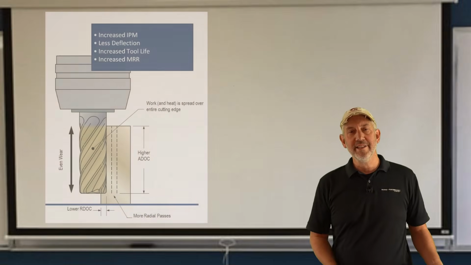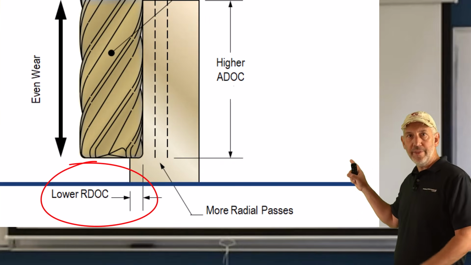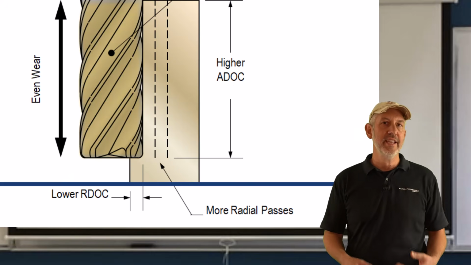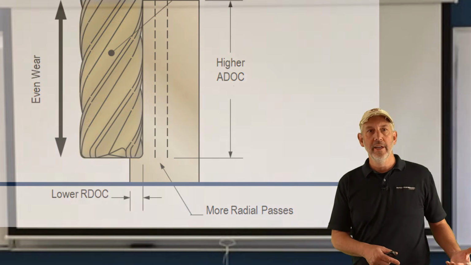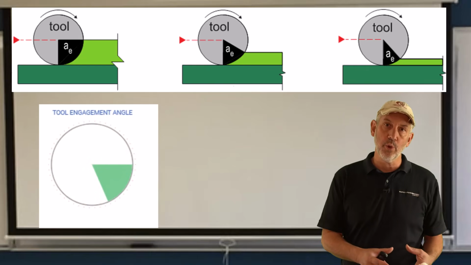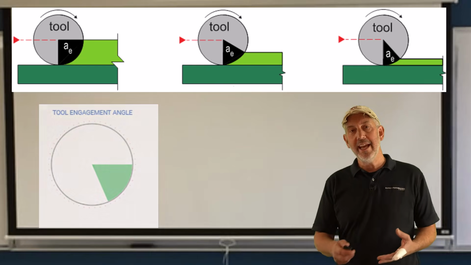Well, the point is, when we take a lighter radial, when you look here, you don't have your cutting edge in the heat zone. It stays in the coolant a little bit longer than in the heat zone. That's a lighter radial. Angle of engagement controls that. A lighter radial also controls the heat at the cutting edge.